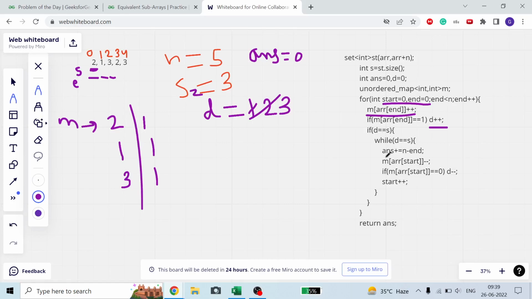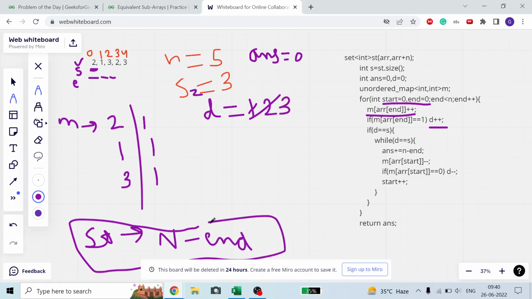So what I will do, as I told you, once I found a subarray, then from the index of the ending to the size minus the ending index will be my total number of subarrays possible from my start index. From my start index, the total number of subarrays possible is, if once I found d equal to s, size, that is n, minus end, meaning the ending of that particular subarray.